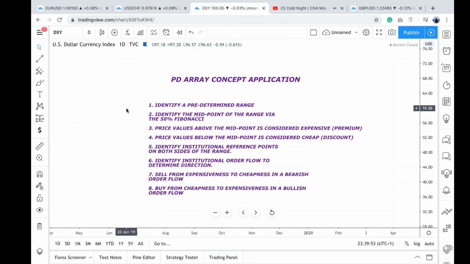Okay, so lastly, how do you apply the concept of PDRs to your charts before we go into examples? So the first thing you want to do on PDRA is identify a predetermined range. First of all, you want to look for a predetermined range in price. Then next up, probably you could take a screenshot. You can write all this down, so that we never miss that. So should you want to apply PDRs in trading, basically, when we begin to piece everything together,